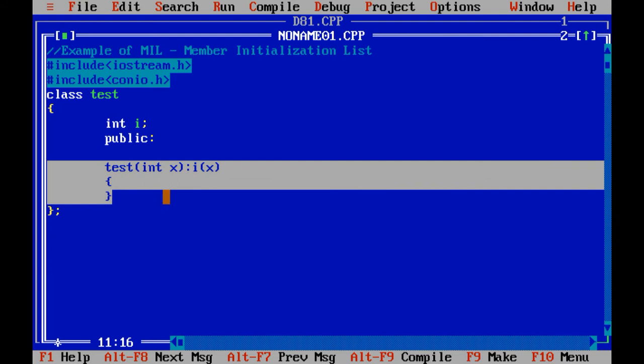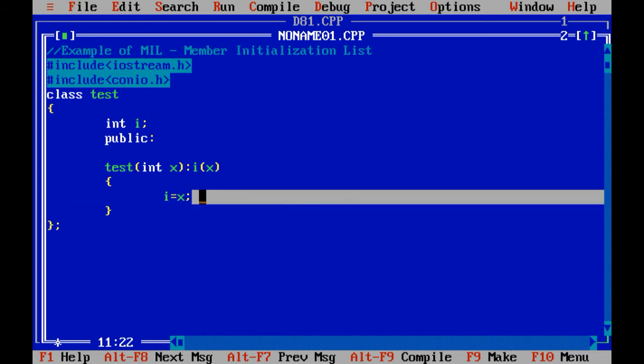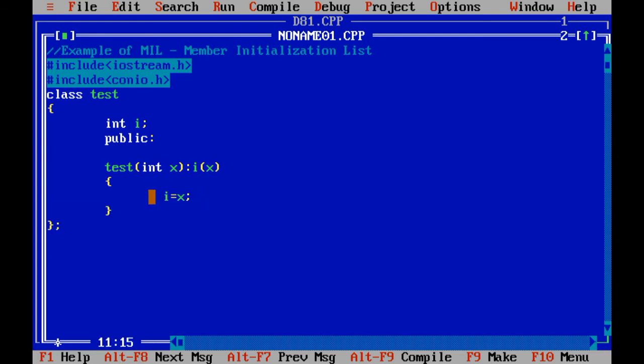I am going to repeat this concept once again. We are going to create the constructor which is based on the test class. Then we use the integer data type and then x. Normally what we perform is I equals to x in the parameterized constructor, but right now we are going to use the concept of MIL, that is member initialization list.